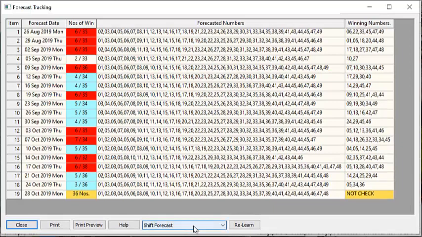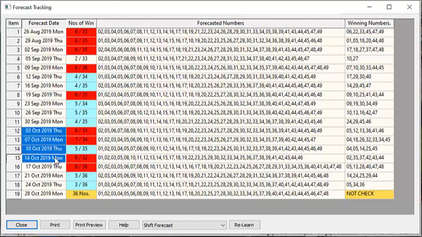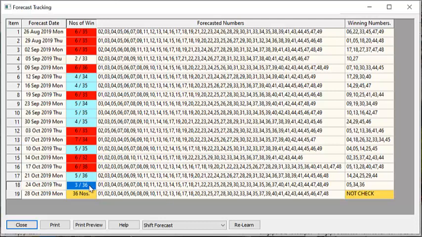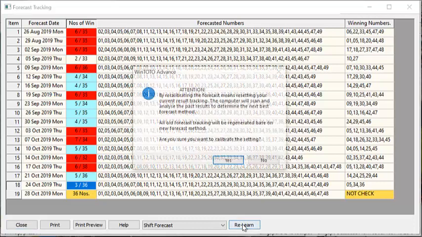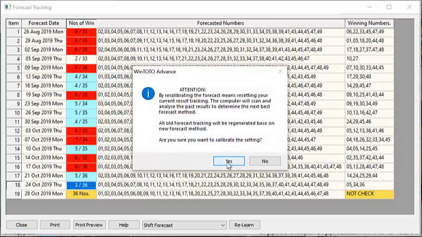Alright, so you can see that in the month of October, we have 1, 2, 3, 4, 5, 6, 7 draws. Out of 7 draws, we've achieved 4 times with 6 winning numbers and above. Of course, the most recent draw, we only achieved 3. Should you at any point feel that that's not what you wanted, you can always click on the word relearn and get your forecast reset and recalibrated. That's why XMB has built in this particular feature for you.